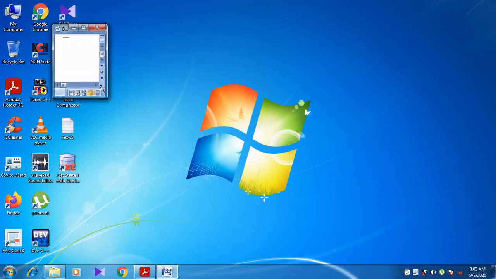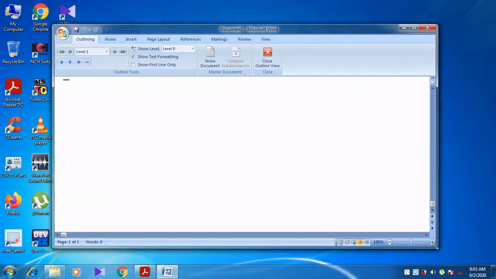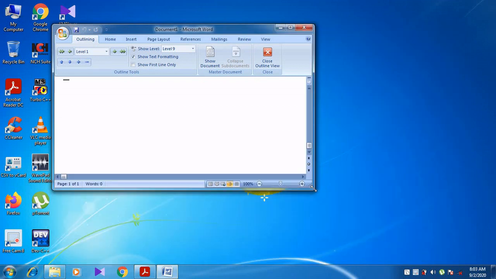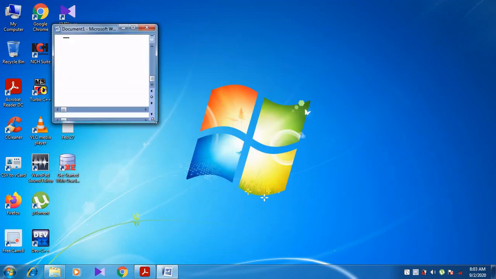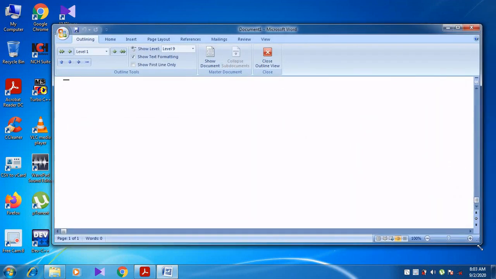See here, when I move to the corner and drag towards the top, the window size is decreased. If I move towards the bottom, in a diagonal manner, see here, lengthwise and widthwise it is changed. Whenever I go to the corner and resize, both length and breadth change simultaneously.